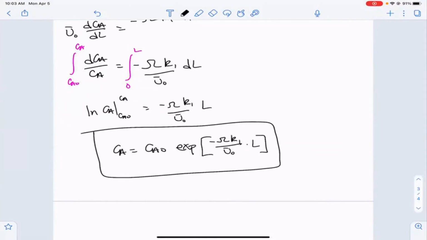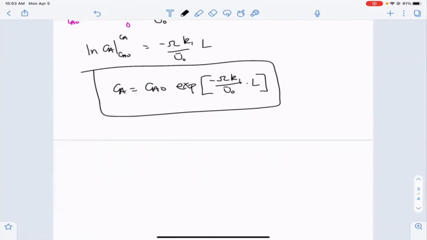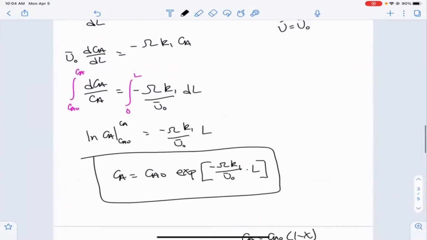We also could solve this in terms of conversion. To do that, we've already said that when the velocity is constant, it's because it's isothermal, isobaric, and there's no change of moles. So we know that CA is equal to CA0 times 1 minus X, or dCA equals minus CA0 times dX, right? And so our equation here,